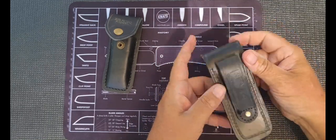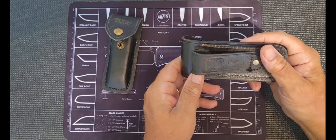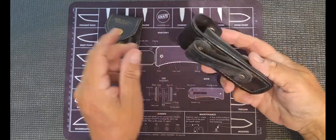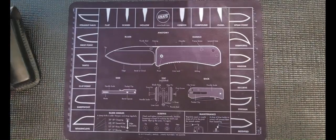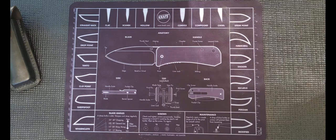It says Edge Mark knife sheath. Don't know much about that, but I got both of these for $5, so that was a good deal in my opinion. The other knife I picked up